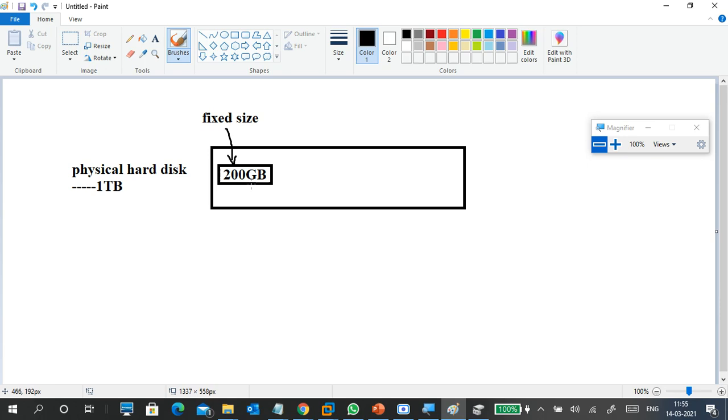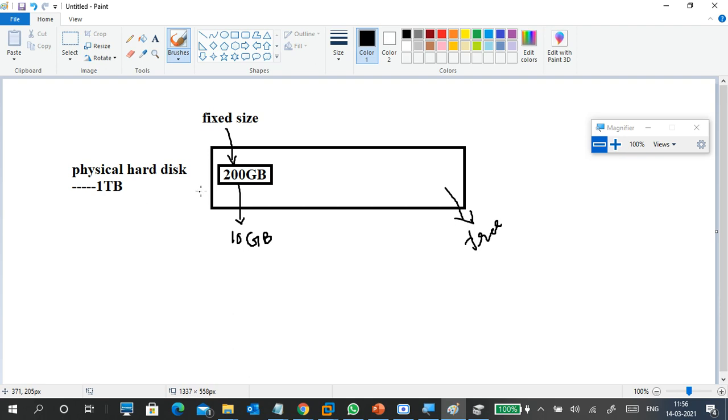Okay, now what happened? How much data does this disk contain? Only 10 GB of data. For example, I copied 10 GB of data into the disk. Here I need an answer: how much free space is available? The physical disk has 1 terabyte of free space.